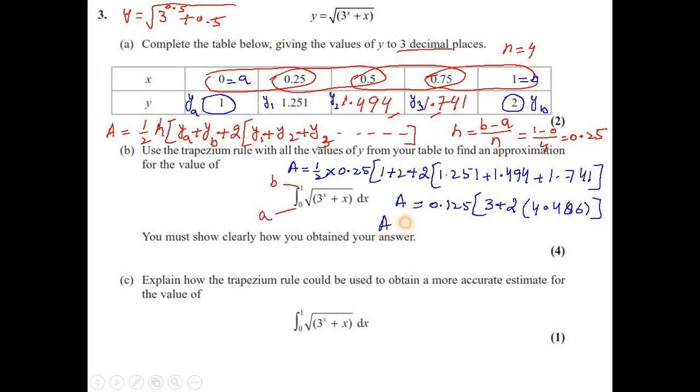Then A is equal to 0.125 times 11.972. If you multiply by 2 and add 3, and then finally you multiply with 0.125, so A would be equal to